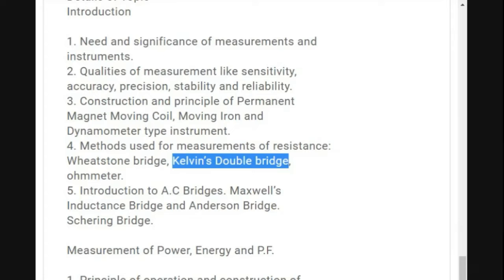After that, it's about the AC quantities, where AC quantities is like inductance or capacitance, right? So also we can say that every inductor or capacitor has an inherent resistance in it. So as per the inherent resistance, you can see that there are measuring instruments called Maxwell's bridge, Anderson's bridge, Schering bridge. So these all bridges will help you to get the value of inductance and capacitance.